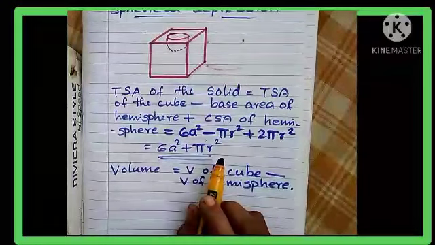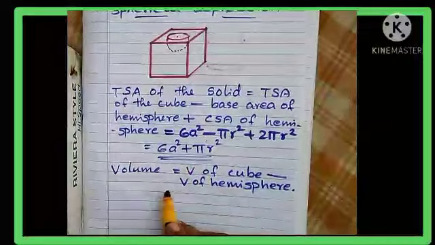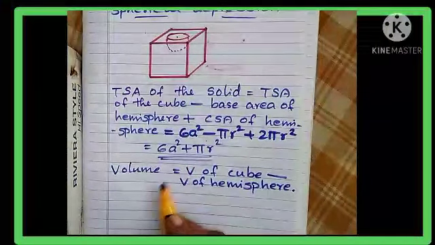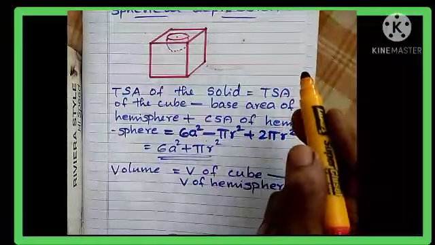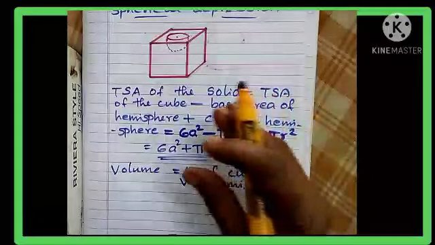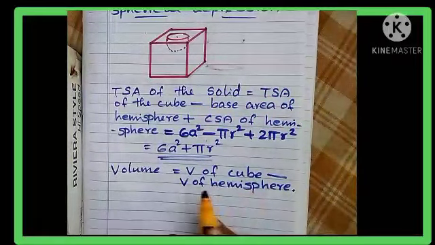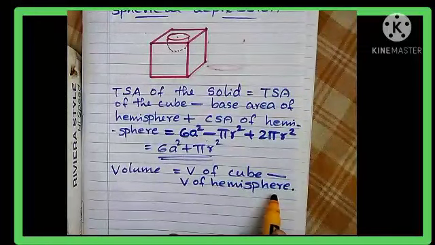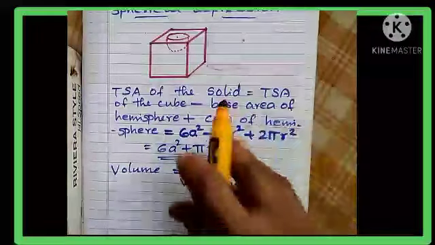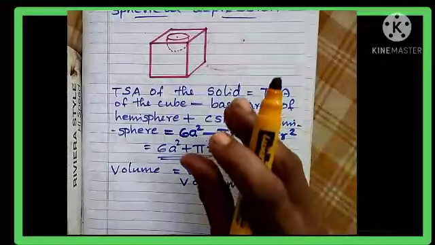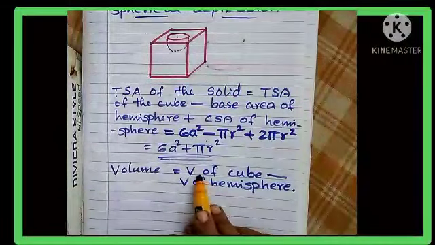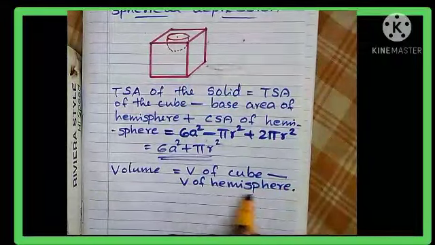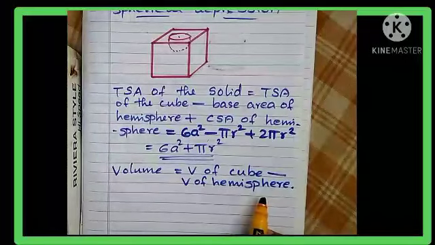this solid. Now its volume. Here be very careful, we are taking a depression. See, a hemispherical depression, we are taking some portion out. So volume of the cube minus volume of the hemisphere. For the previous case, we were attaching a hemisphere. Here it is removing a hemisphere. That is why volume of cube minus volume of the hemisphere. Clear?